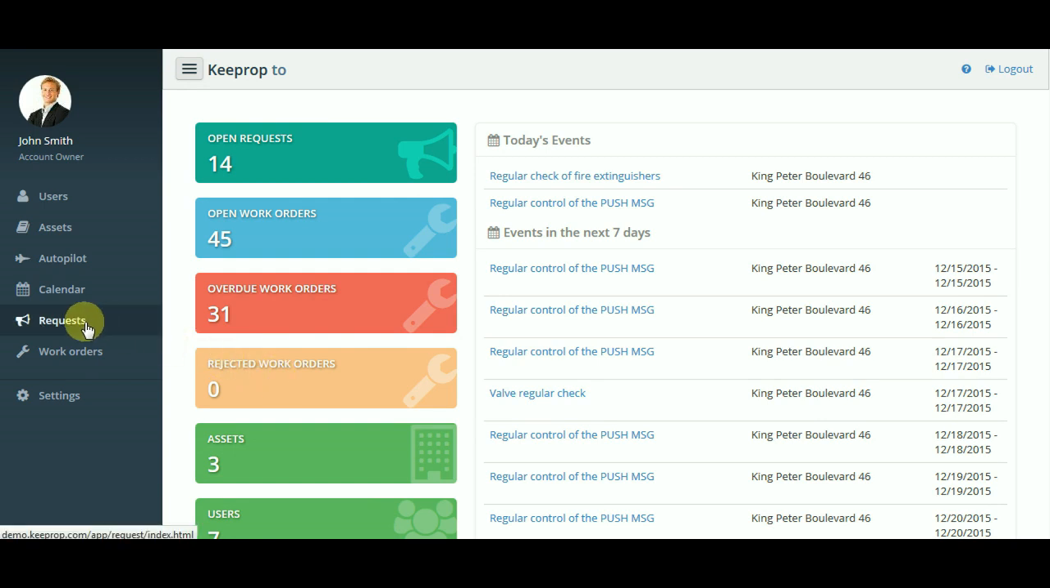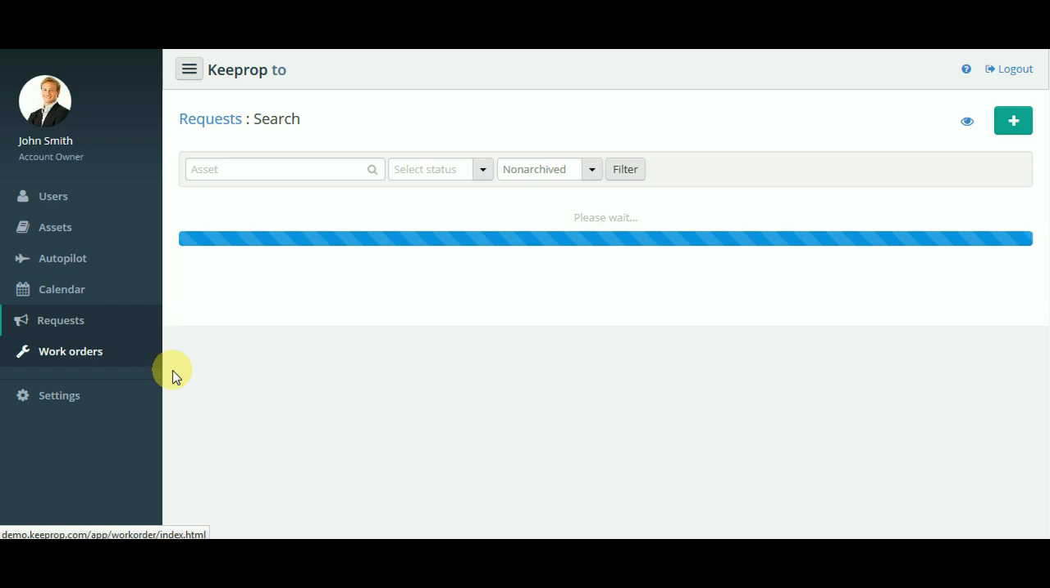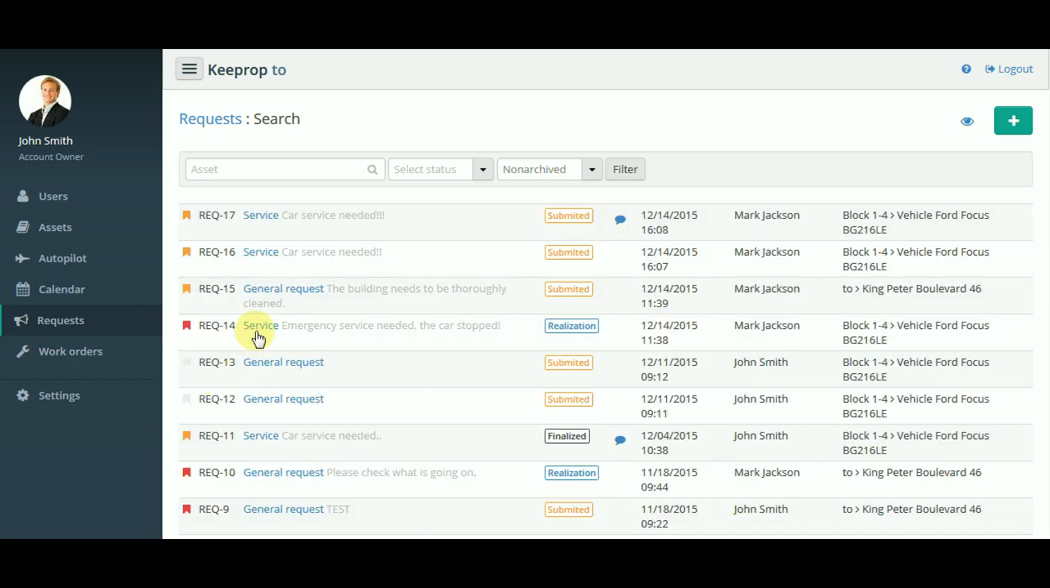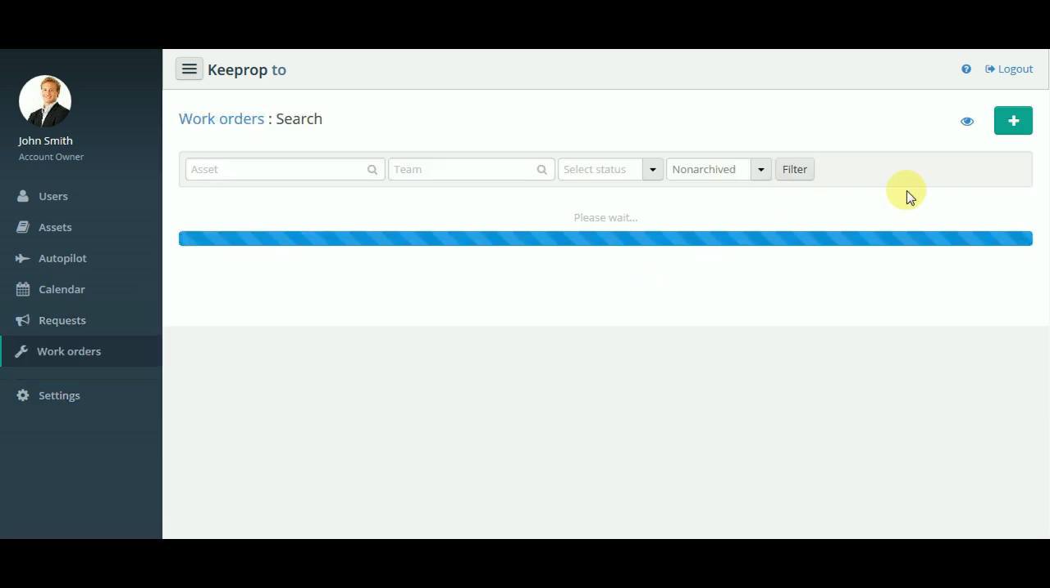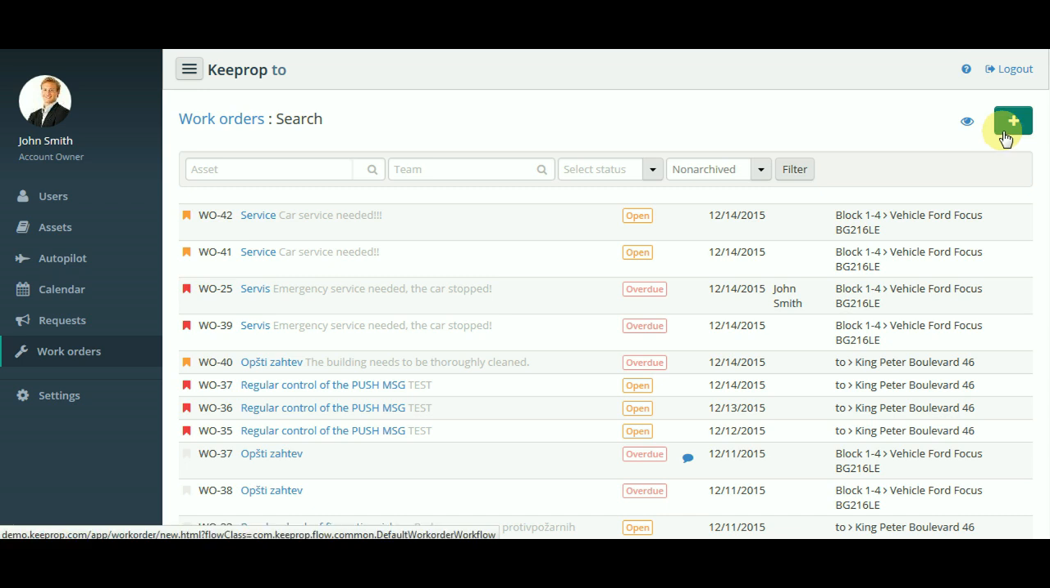The work orders can be created by the facility manager from the request in the realization status, or independently from the work order list by clicking on the plus in the top right corner. Also, the system can automatically create work orders based on the calendar and autopilot parameters about which the facility manager is notified. There are two viewing perspectives of the work orders: the perspective